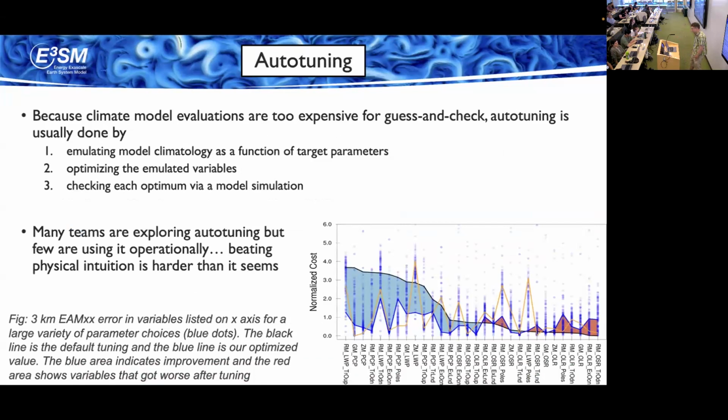Okay, and then the third thing that I've been working on is the auto tuning I talked a little bit about before. Just one thing that I think is interesting is, how do you do it, right? In a sense, with this auto tuning, you have uncertain parameters in your model, and you want to figure out what the optimal value to agree with observations is.